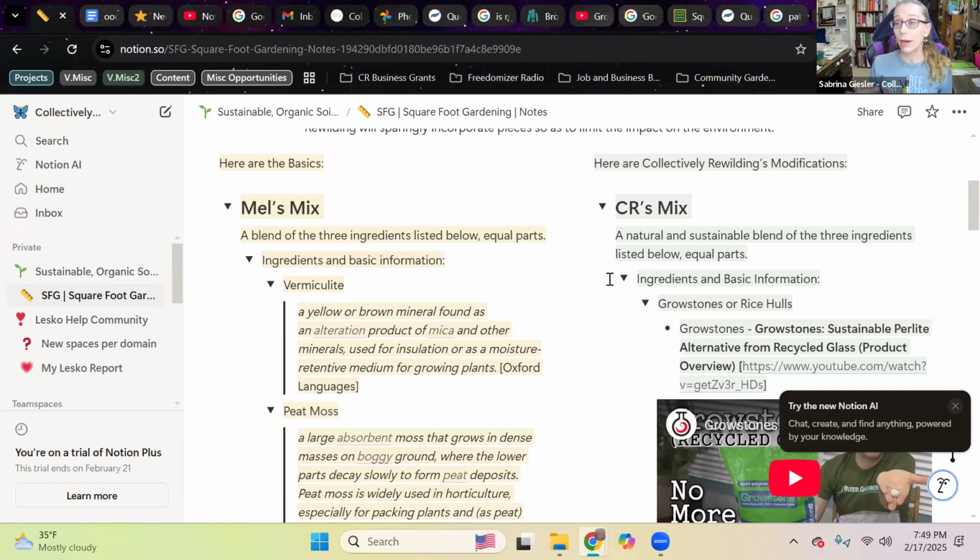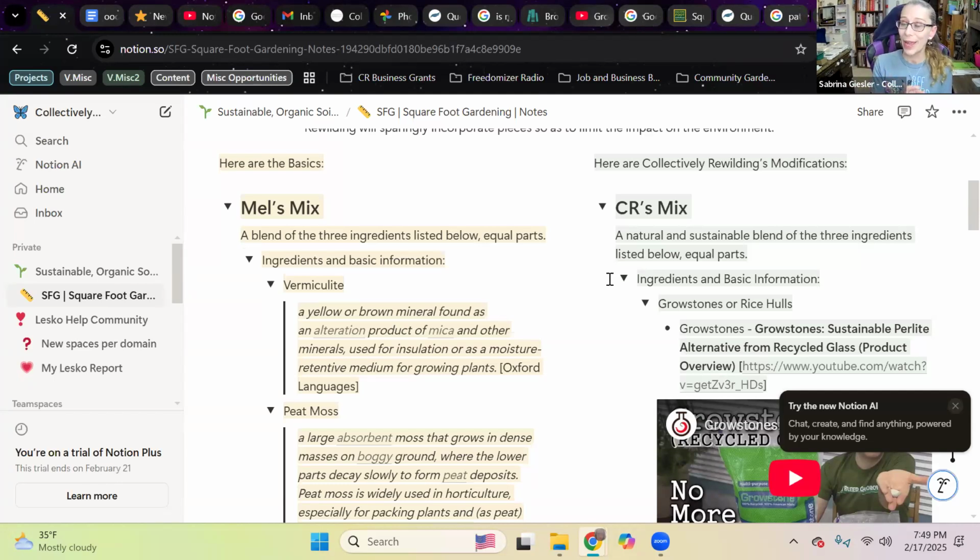When you are looking for whether or not you want to use grow stones or rice hulls, it'll depend, in my opinion, on how you want to use your soil. Grow stones will work very well in large potted plants, such as trees. This is absolutely what I will be using when I start potting my lemon and avocado trees. Those have to be grown in a greenhouse environment here in this grow zone.